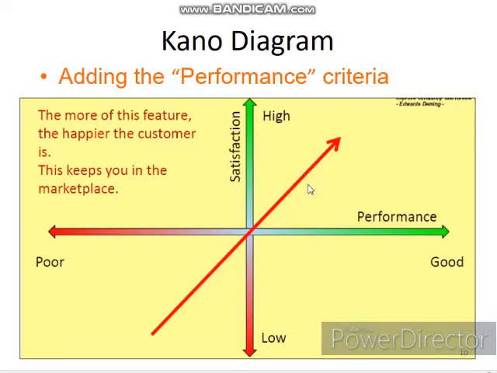An example of this is basically fuel consumption. So the better the fuel consumption for a car, the more satisfied the customer is going to be. As the fuel consumption's performance increases, so does the satisfaction level of your customer, and this will keep you in the marketplace. So in designing a product, you need to understand what is the basic feature of a product,